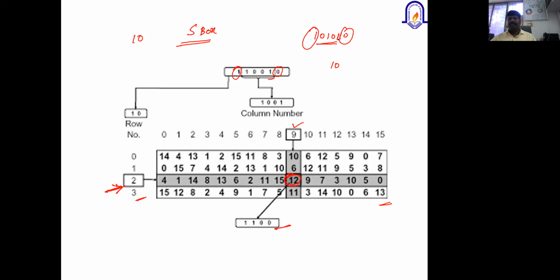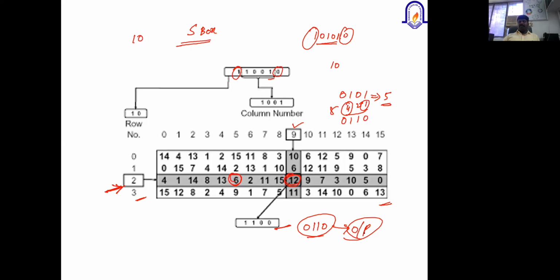What is the decimal value for 0101? It is 5, that is 4 plus 1. So the intersection of second row and fifth column is 6. So I'll get 0110.